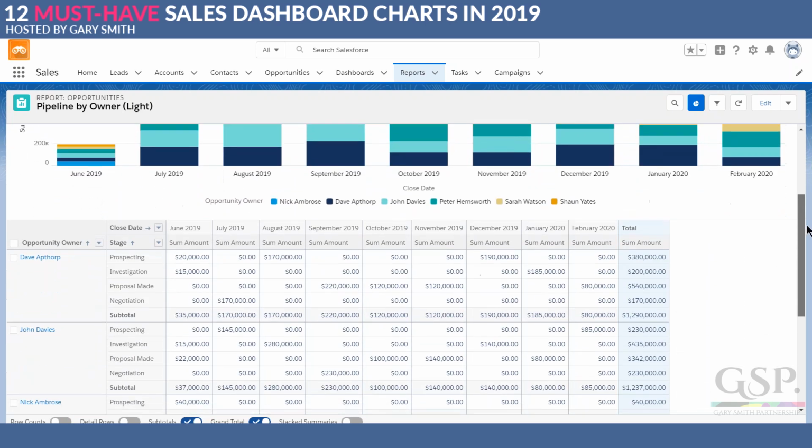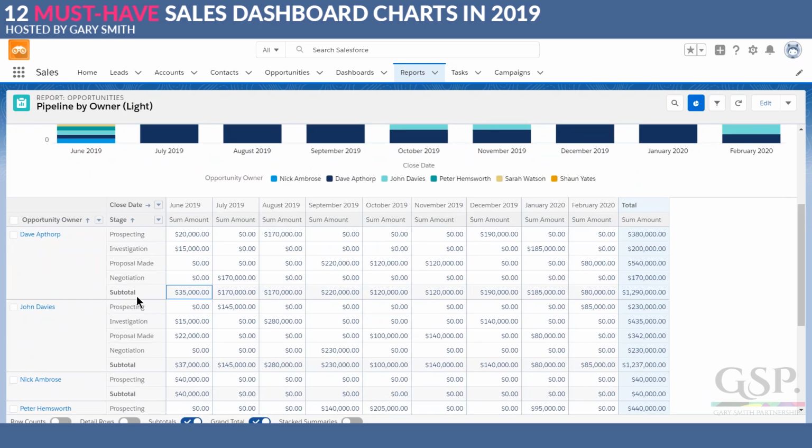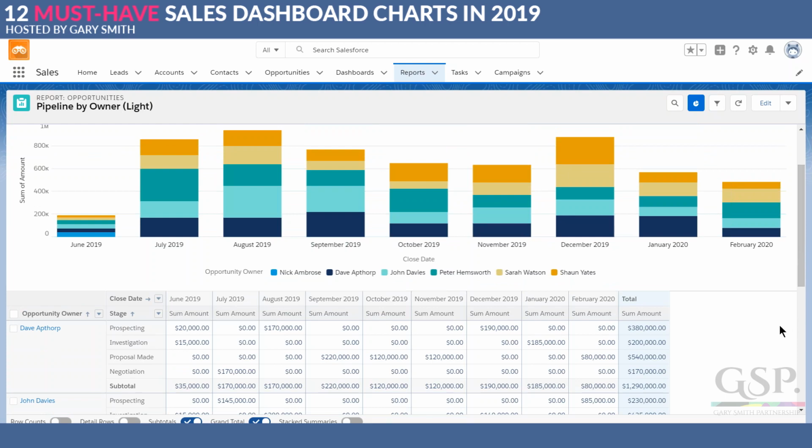So now we're back up to the top level report. Dave Apthorpe, unless you can turn back time, you're not going to win deals that have a close date in June. But again, it's a very common thing. In fact, I wrote a blog post where we coined the term a bedraggled washing line, because time and again you look at the pipeline and you look at the open deals, and there's a set of close dates as long as your arm going back in the past. So have a look at our bedraggled washing line if you want some advice about what to do about those